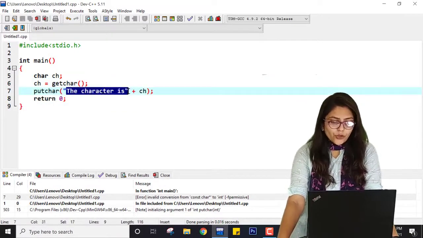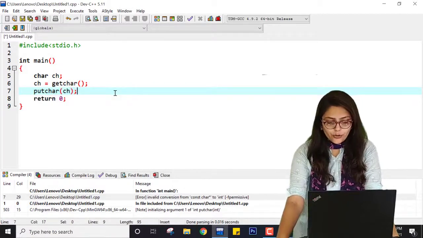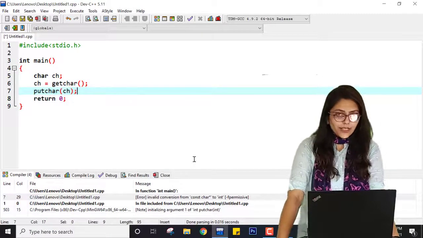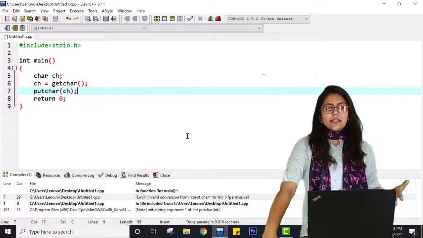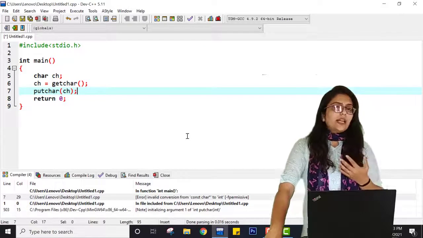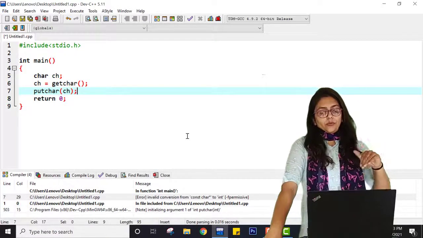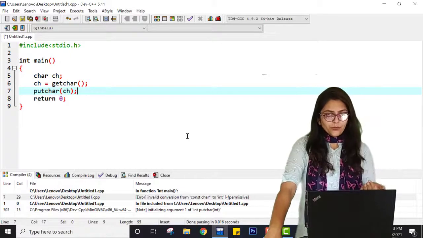So you cannot use statements like that with putchar; you can directly put only the character value. So getchar is basically used in place of scanf when you are dealing with characters only, and putchar is used in place of printf when you are just printing character values.